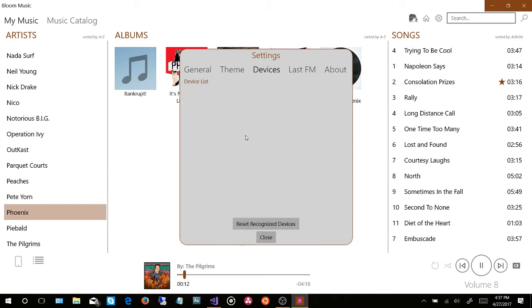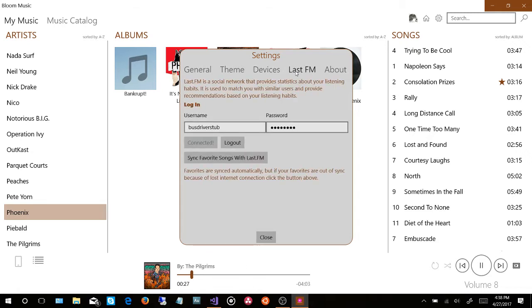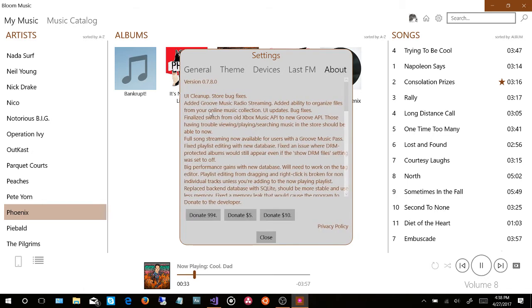Devices: if you plug in your phone or really any external storage device like a USB, you can sync it with music on your computer. I don't have anything plugged in now, so nothing's going to show up here. I have Last.fm integration, so if you have a Last.fm account, there's some cool stuff that I'll show you in a second. And then the About, which just has